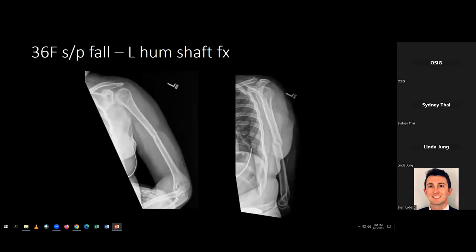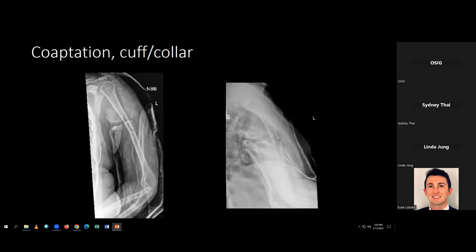So this first patient is a 36-year-old female. She fell down the stairs, I believe, and she sustained this left humeral shaft fracture. It's pretty much mid shaft, and probably oblique is how I would describe it. This is the AP view on the left, and then a scapular Y view on the right side image. So she was seen and placed into a coaptation splint, which is a splint that goes above